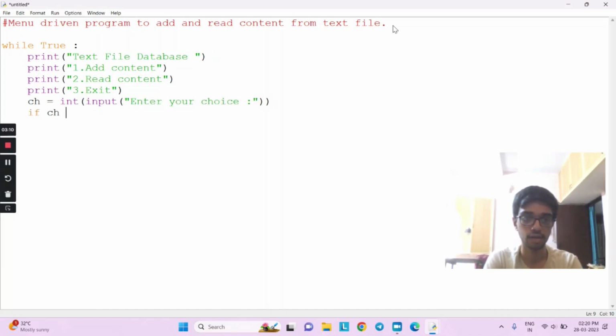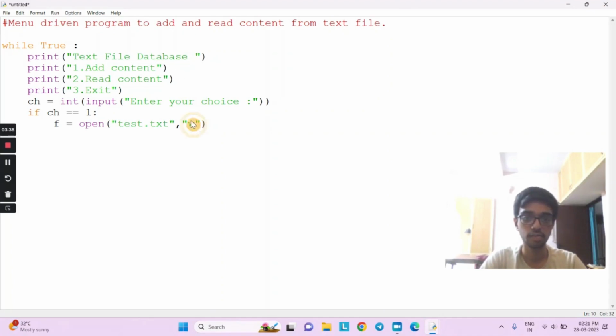If ch is equal to 1, now what I have to do is I'll need to open some file through a file handle. And since I'm going to save this code in the same location as the file, I don't think I'll have to write the big directory thing. I can just simply write the file name and in what mode I can open it. Here for the first one, I'm adding content.